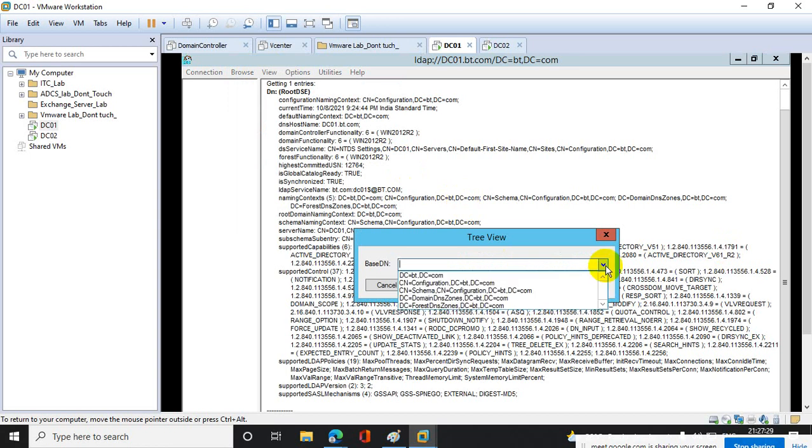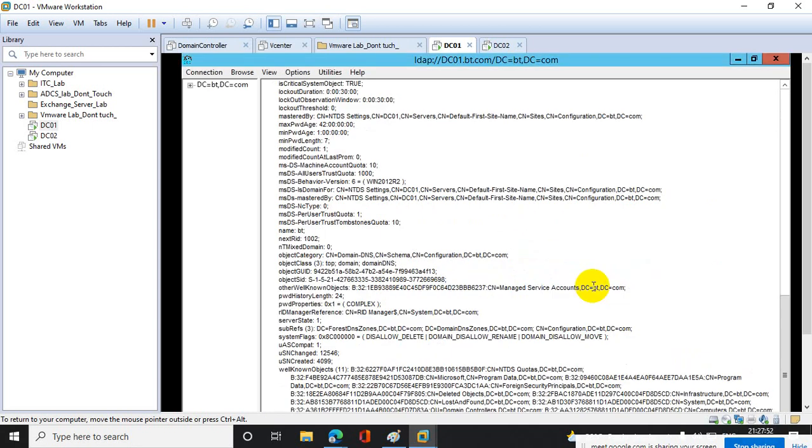Now once you click on Tree, you will find many partitions. The first one is DC, that means domain. Second is common name, CN, meaning the configuration partition, schema partition, domain DNS zone, forest DNS zone. So here you have to select DC=bt,DC=com.